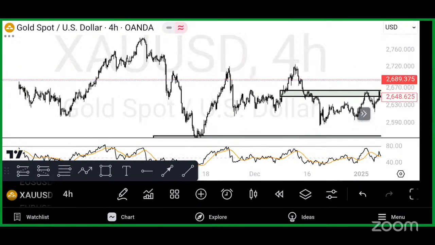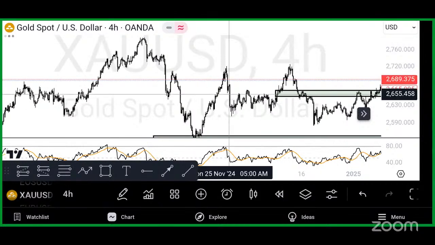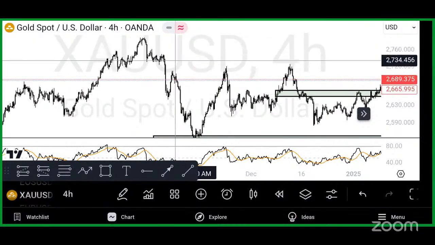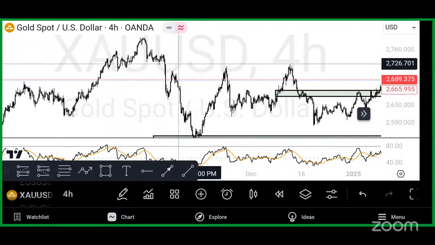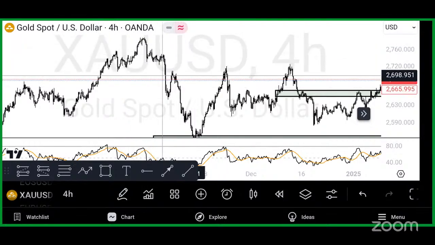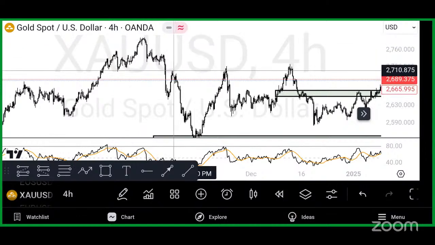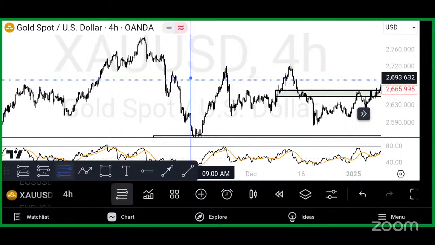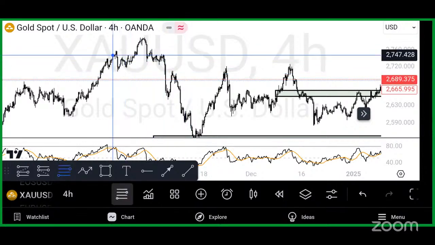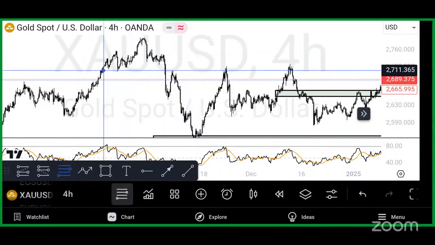So you see this head and shoulders right here. This is a clear head and shoulders. Of course, this is an extended amount of time, a long period of time right here, but it's a clean head and shoulders. What I do is I use the Fibonacci extension from swing low to swing high, and